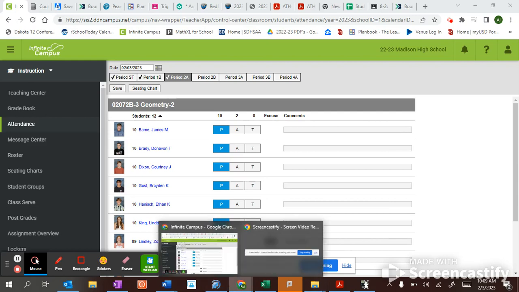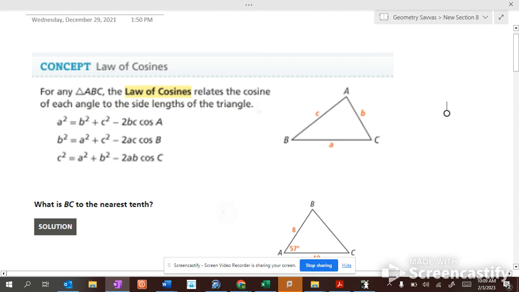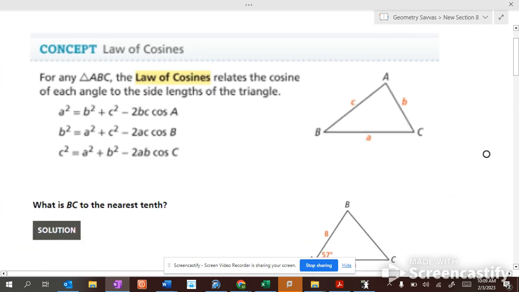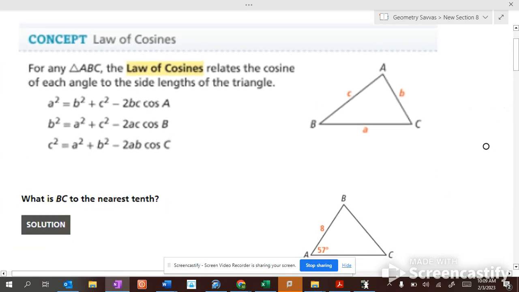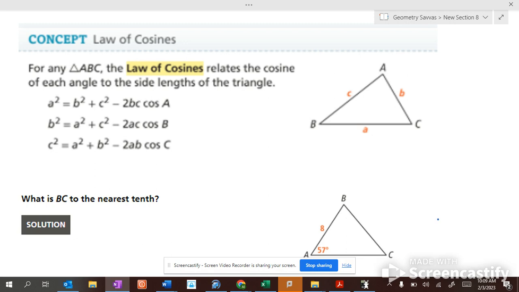Okay, so we have the law of cosines here. And we have three different laws of cosines, which are basically the same. It all depends on which angle is involved, which law of cosines you use. Okay? So, if angle A is involved, then you say a squared equals b squared plus c squared minus 2bc